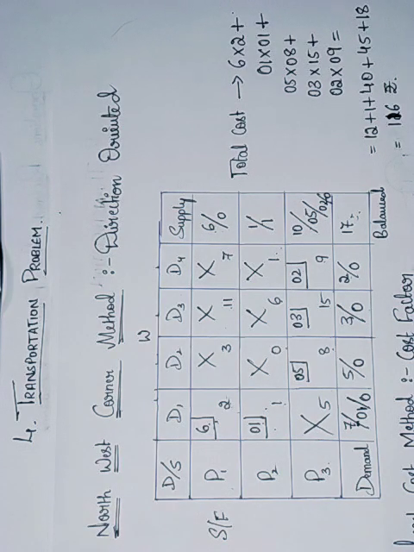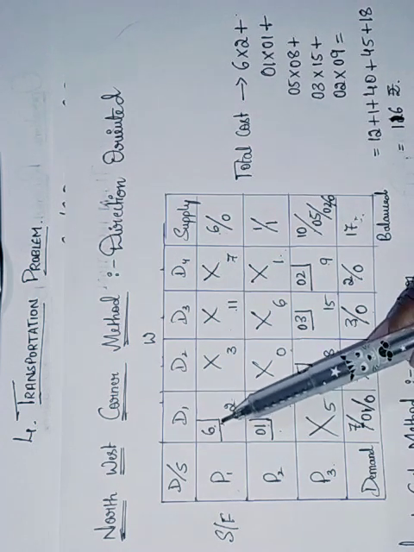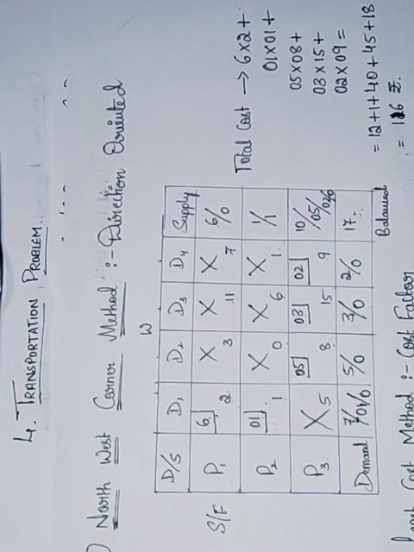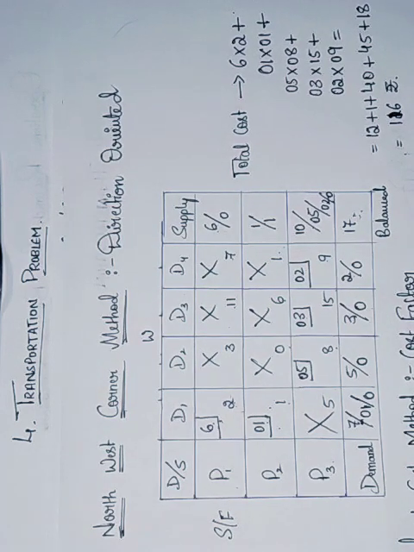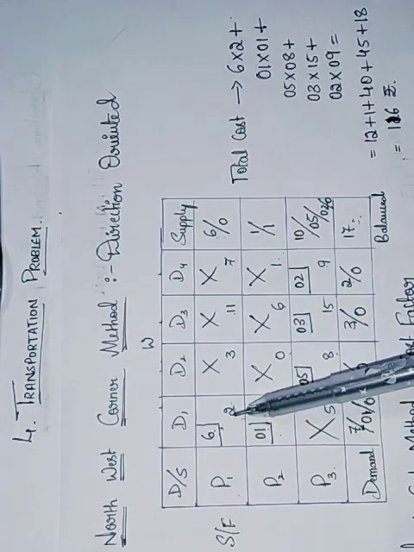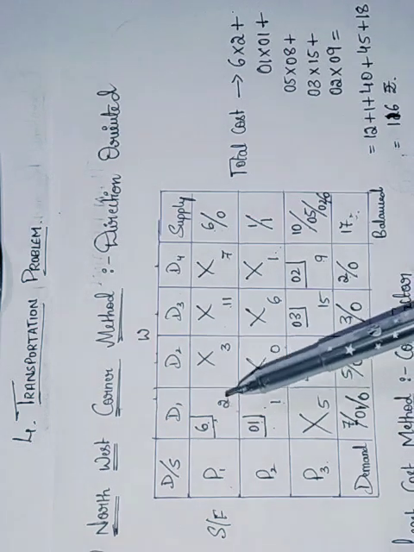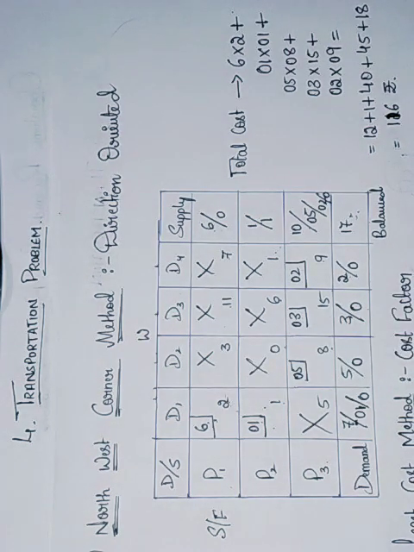Hello students, in the previous videos we have discussed in detail the methods of obtaining an initial feasible solution. Among those methods, the first method was the northwest corner method. I have told you earlier, the northwest corner method is a direction oriented method. That means while allocating units to a destination from a particular plant, importance was given to the cell which is at the northwest corner side. So this is the northwest corner method.